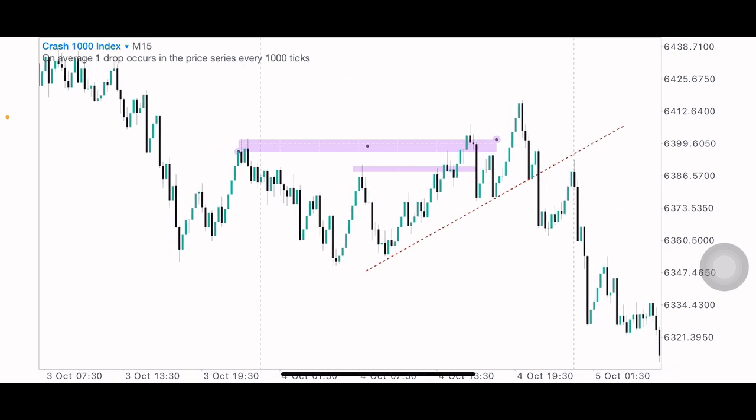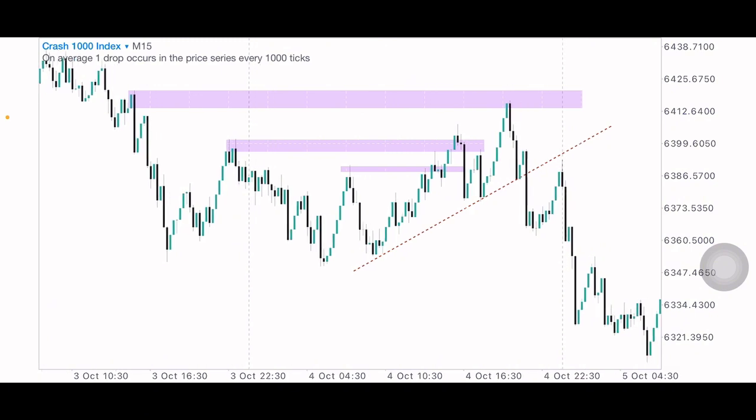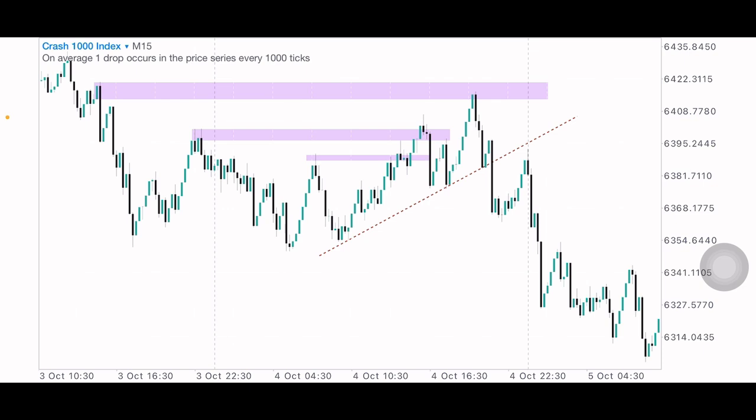Now, if you look at your left, you're going to see another high also. Look at this other block here. And that is exactly where price respected. Right? So, price has to hit an order block somewhere, or a breaker block somewhere,